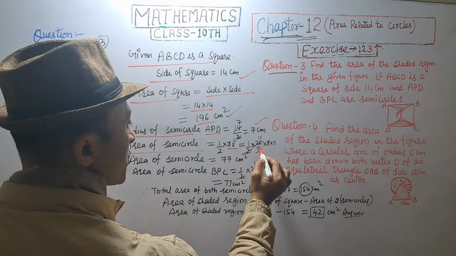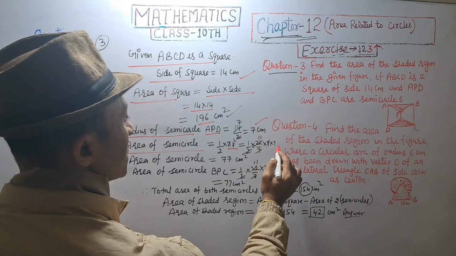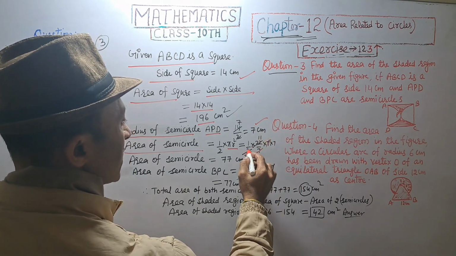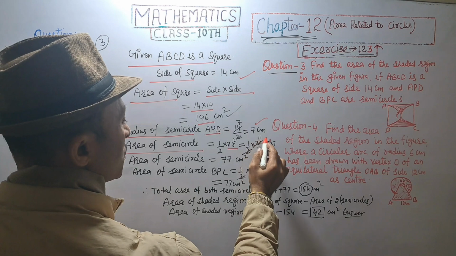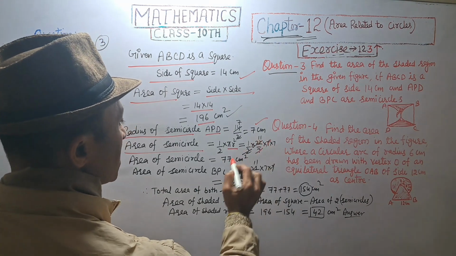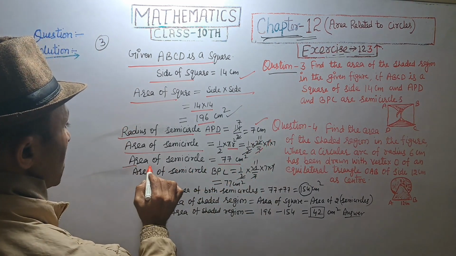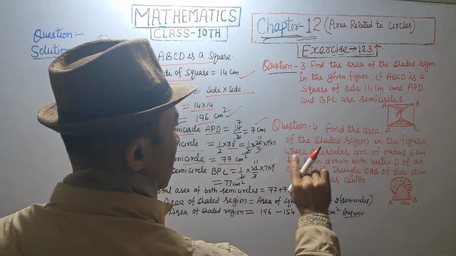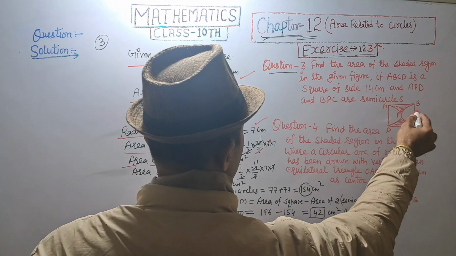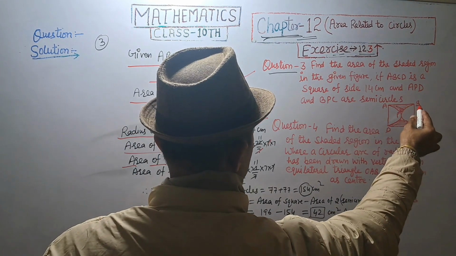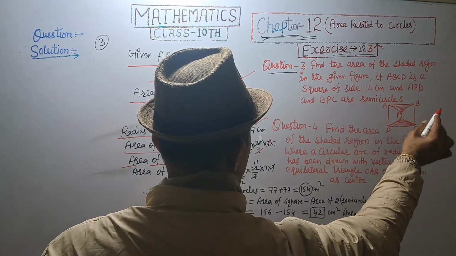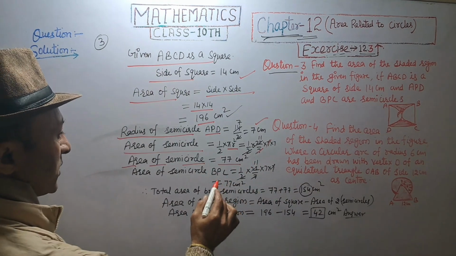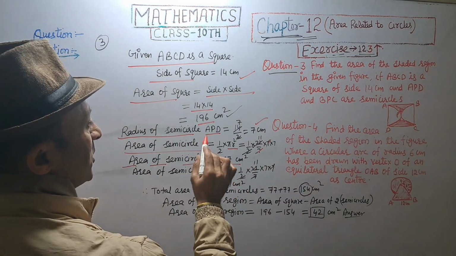Half into pi is 22 upon 7 into 7 into 7. 7 is cancelled. 2 11s are 22 and 11 7s are 77. So area of semicircle is 77 centimeter square, and area of semicircle PBC is same as area of semicircle APD,